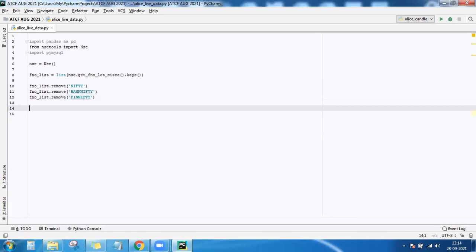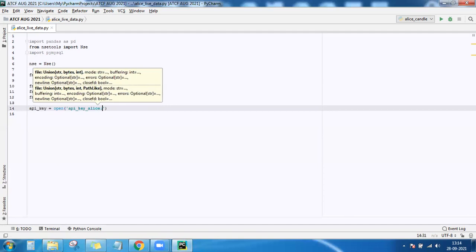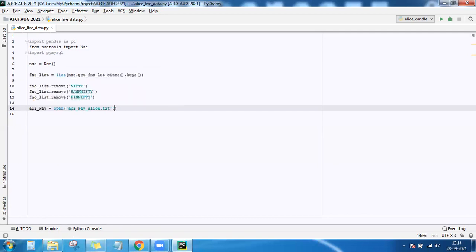Now read the API key which you have in the text file. So open API underscore key underscore secret underscore allies dot txt. In what mode do you want to open it? In reading mode, and then read it.